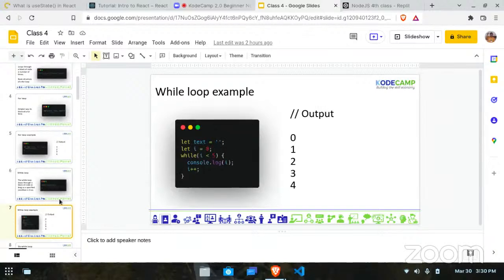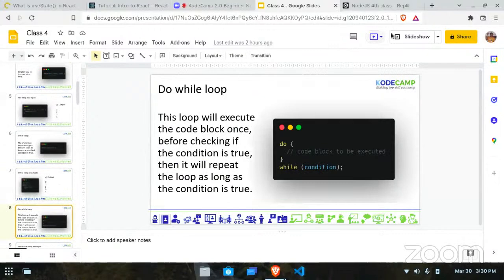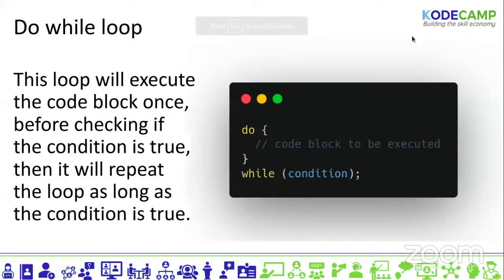So I remember I was talking about while loop and do while loop, and the difference between a while loop and a do while loop. Okay, so let me just talk about a do while loop. A do while loop executes a block of code once, before checking if the condition is true. Then it will repeat the loop as long as the condition is true. So this is like saying first it's going to execute whatever I have inside this block before